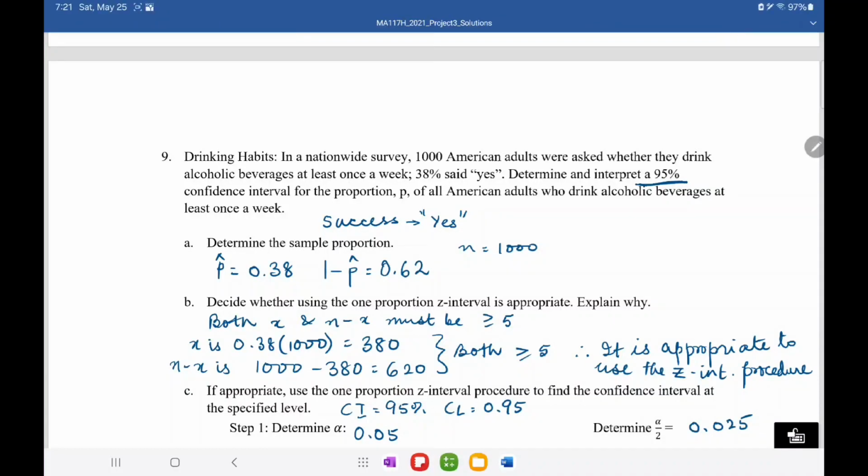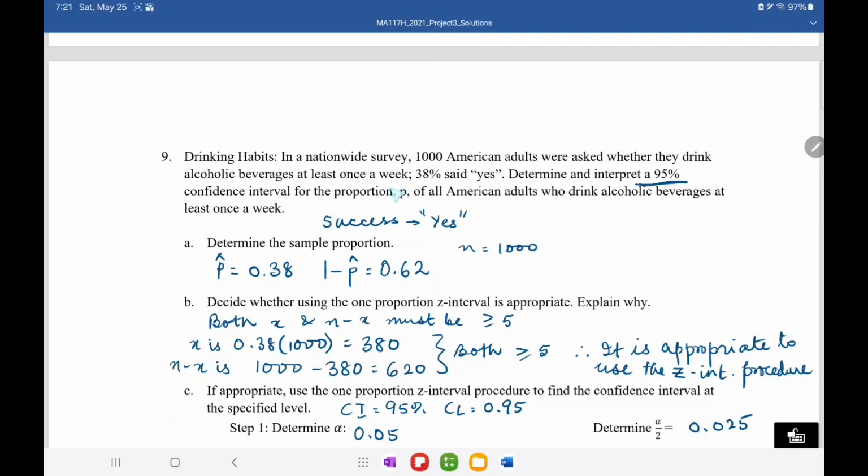Okay, now we will go through the questions on chapter 12 in project number 1. The first one is on drinking habits. It says here in a nationwide survey, 1,000 American adults were asked whether they drink alcoholic beverages at least once a week. So, as you can see, this question is a yes-no question. And the special attribute that we are looking for is whether somebody drinks alcoholic beverage at least once a week